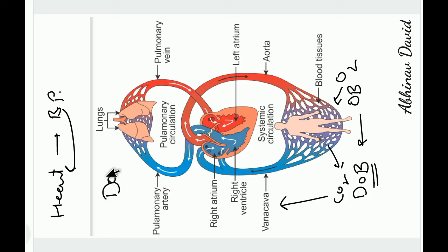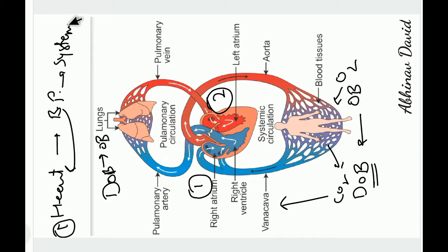The deoxygenated blood changes to oxygenated blood in the lung where exchange of gases takes place, and the oxygenated blood comes back to the heart by the pulmonary vein, and is supplied by the aorta to the different body parts. So you can see inside the heart the blood moves twice. This is one and this is second. This first circulation, which I told you, between the heart and body parts and back to the heart, is called systemic circulation.